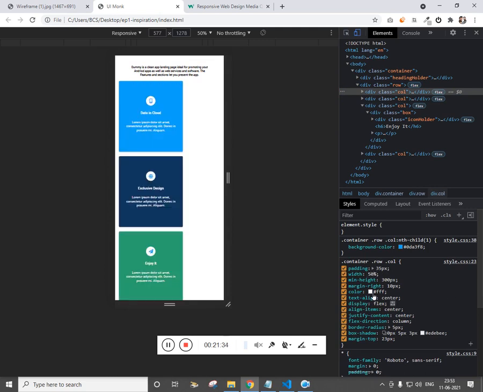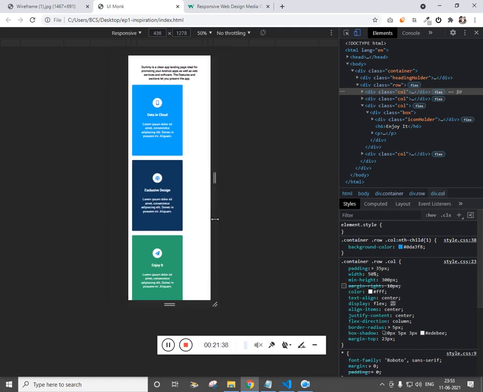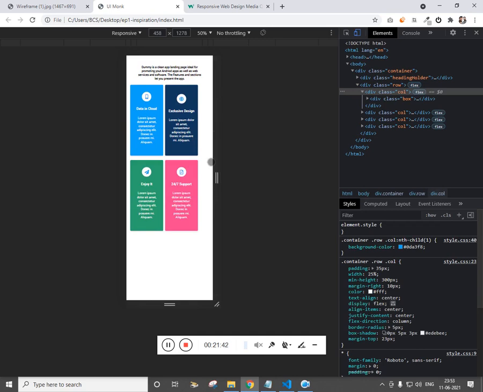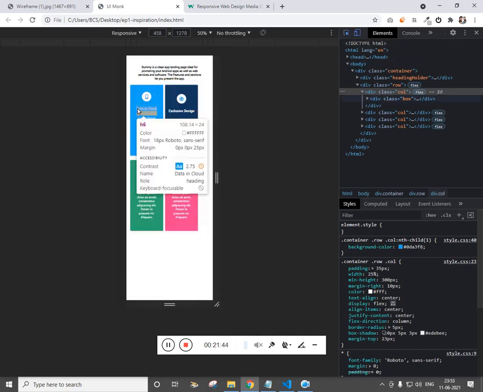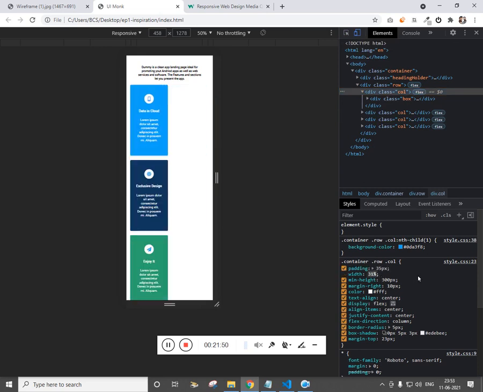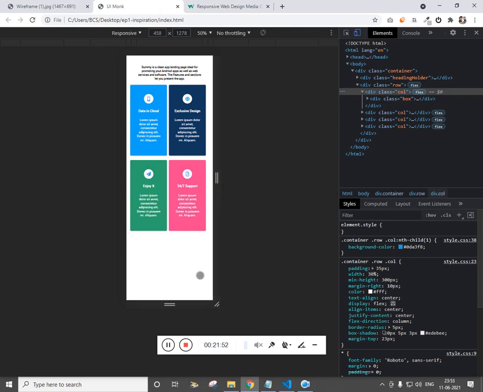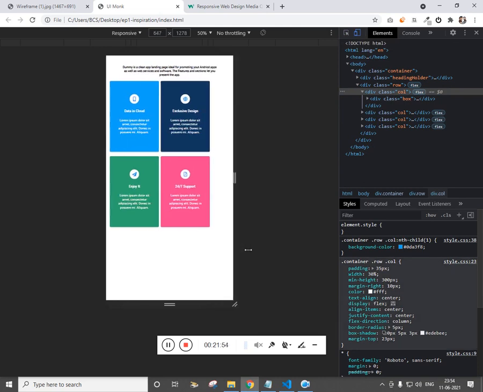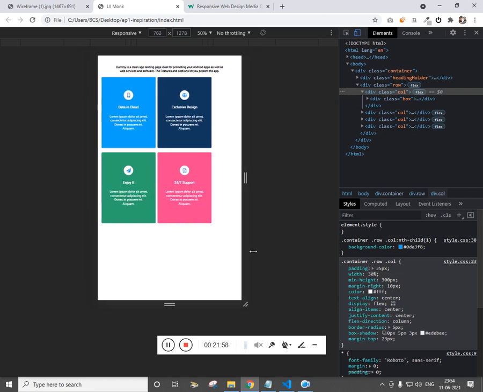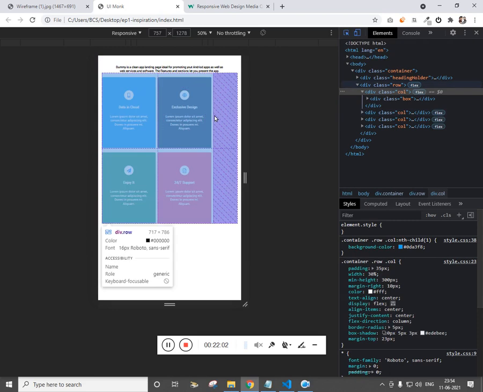And let me reduce the margin. Let's try to increase the width. So 30 is right. Still there is a problem.